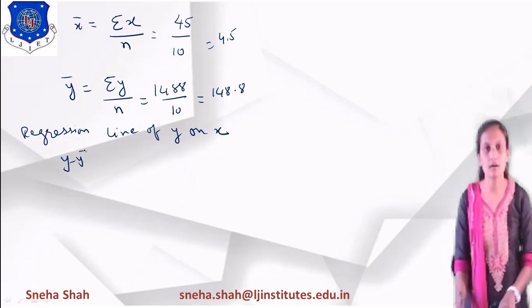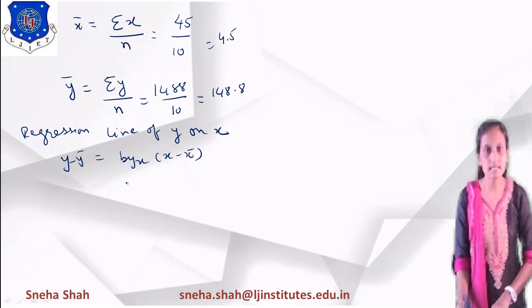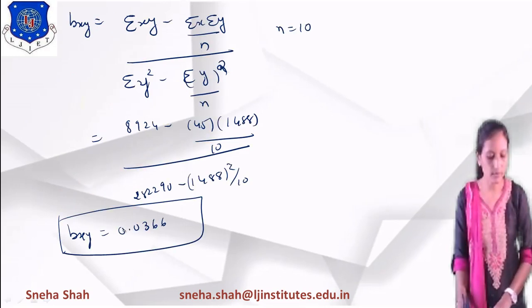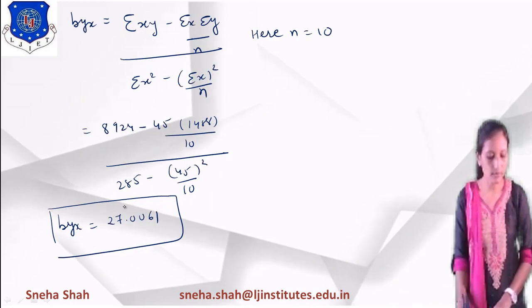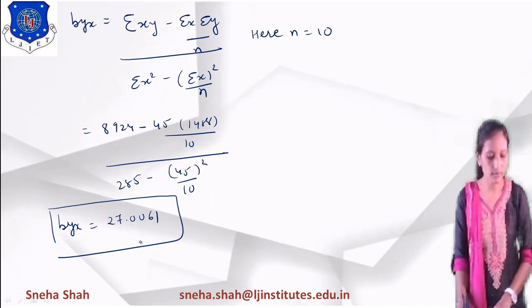Regression line of y on x and x on y. So for this, what is the equation? y minus y bar equals b_yx times (x minus x bar). What is the value of y? y will remain as it is. What is the value of y bar? Its value equals 148.8. What is the value of b_yx? We have already found the value of b_yx, and it equals